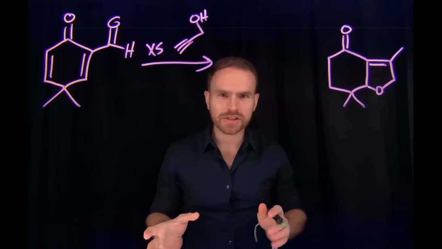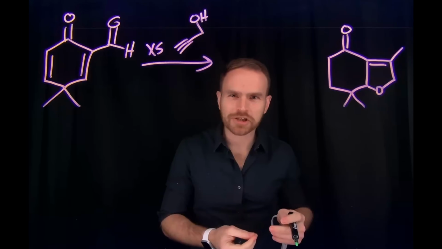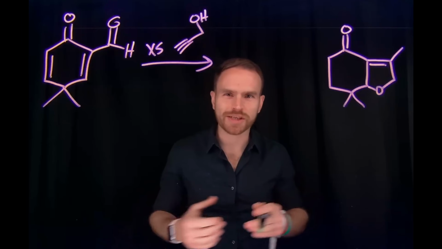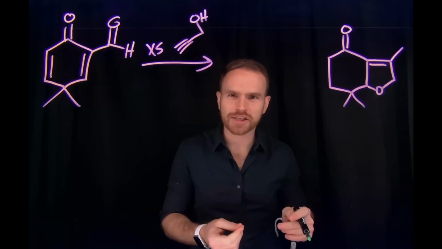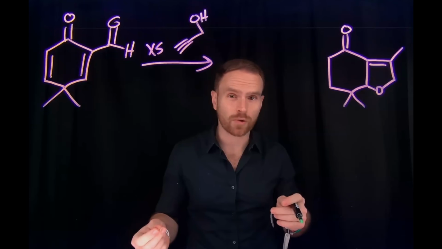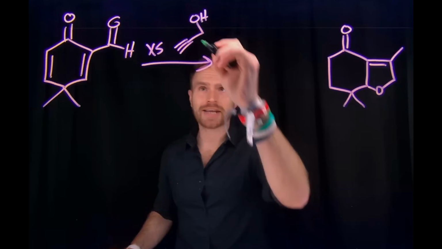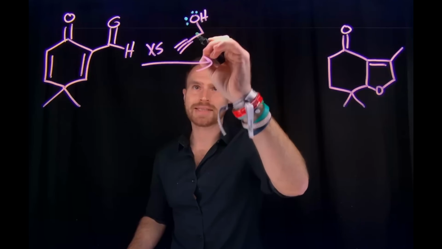And uniquely, you'll see that we're forming this fused ring system. And anytime I see a ring formation, I'm often going to be looking for cycloaddition reactions, which are why Diels-Alder type reactions and other cycloadditions are so powerful, because they allow us to form different types of rings in organic chemistry. But this reaction actually begins with a Michael addition, where the first step of the reaction is that the